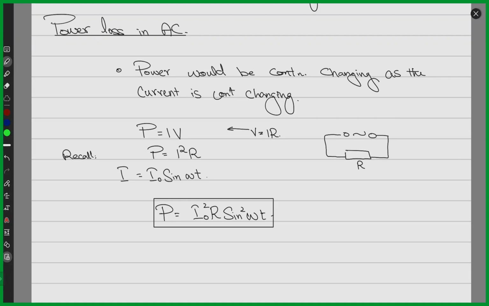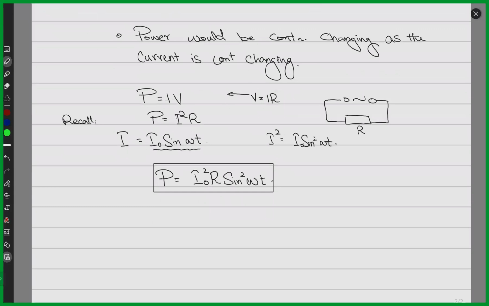Okay, any questions? Sir, why are you squaring sine? Oh, because I is equal to I naught sine omega t, right? And in this equation, it is I squared. So whatever I have here, I'll just square it, so sine squared. Okay. Any other questions? No, sir. Okay. So one last thing about